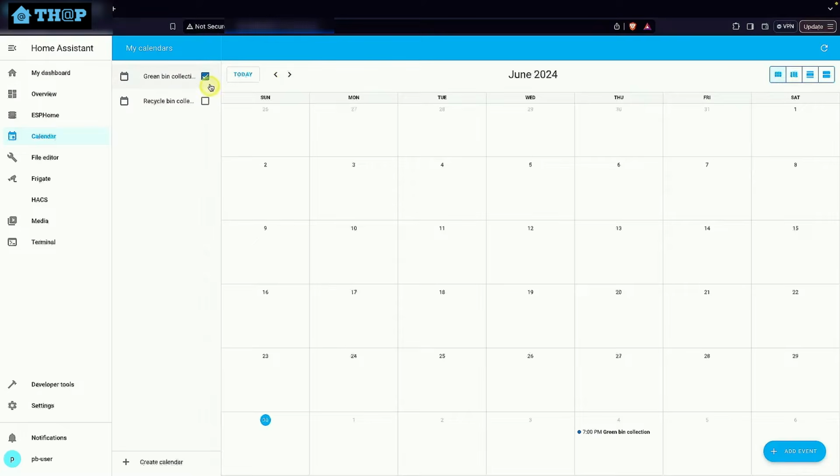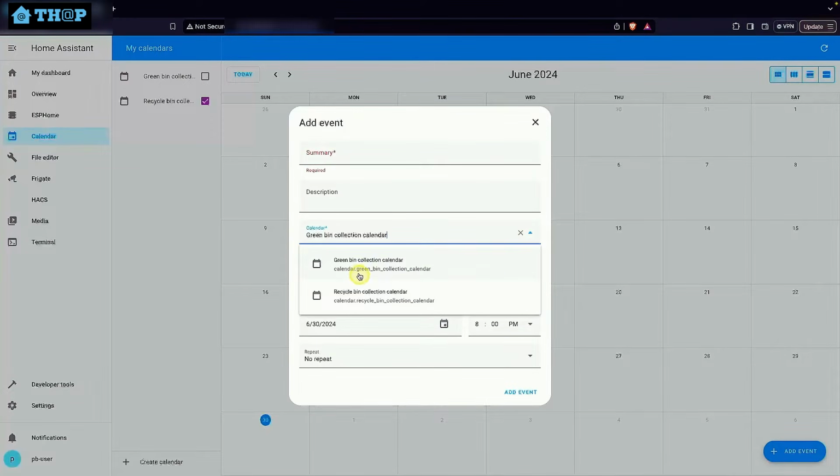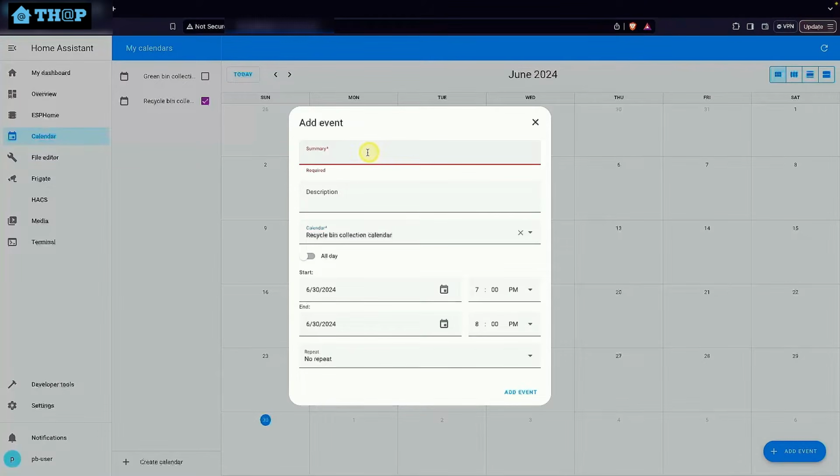that's number 1. And the second one we'll do is the recycle bin collection, and I'll add the event here. So remember to select the calendar here in the drop down. It reverts to the first calendar by default. So select the recycle bin collection, and I'll put recycle